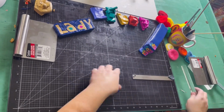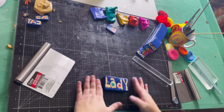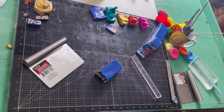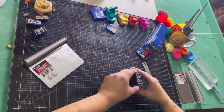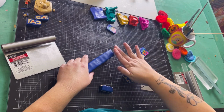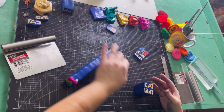Anyway, so once I did that, I cut it to the width I wanted it to be, and then I minimized the other words, the cat and lady. And I didn't care about the length. I knew the crazy one would be bigger because I wanted it to be more visible on camera, but I will save the excess of that. I won't put them all together now because I might in the future want to use one of the words